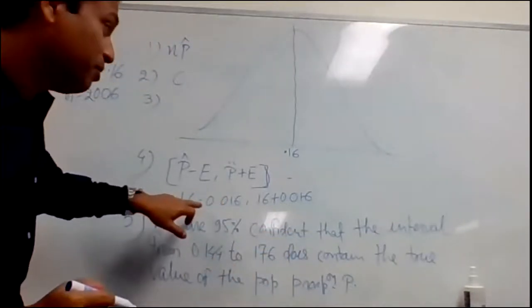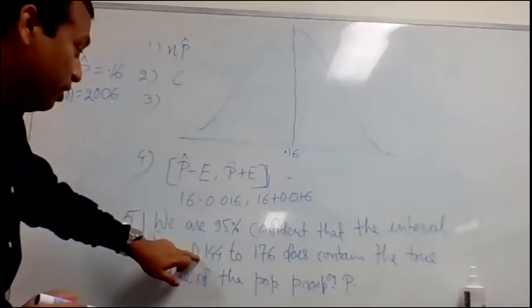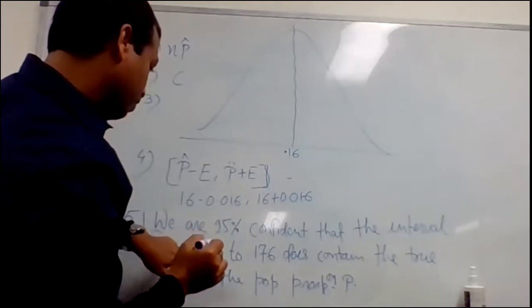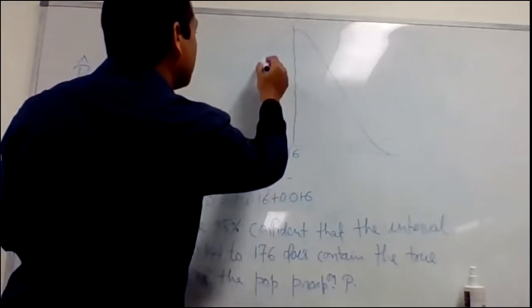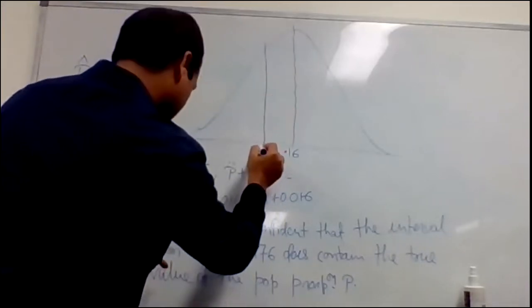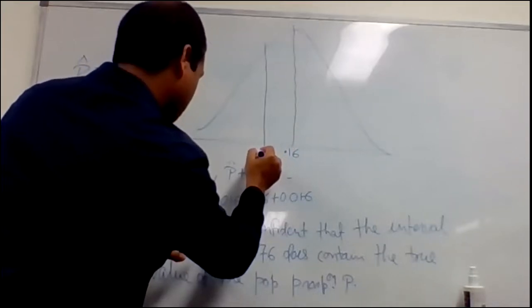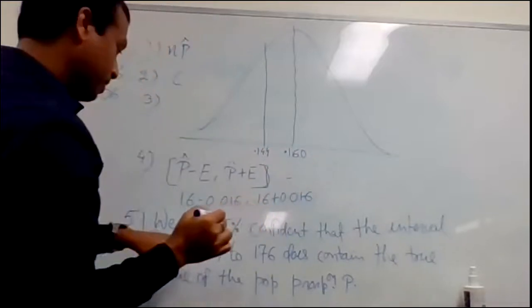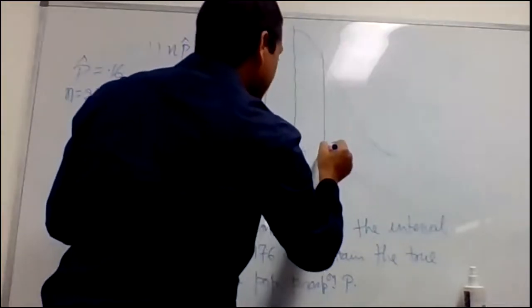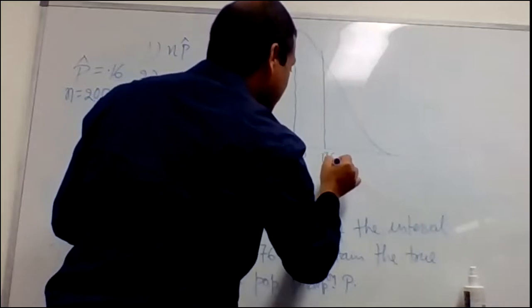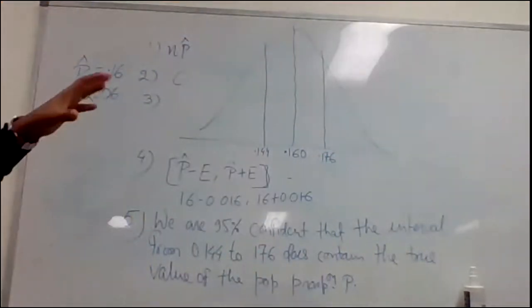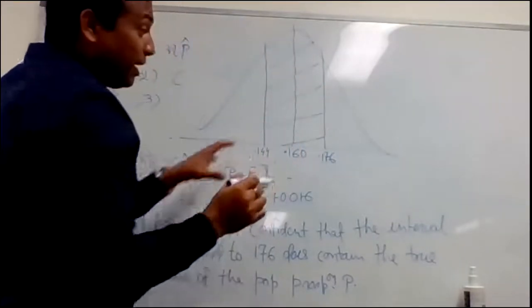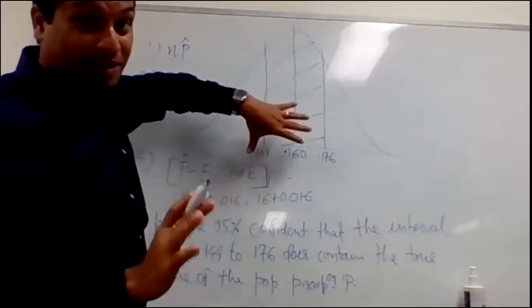That is interesting. Oh, I have delayed. 0.146 to 0.176. So 0.146 is somewhere over here. This is 0.144. This is 0.146. Okay, and this is 0.176. And what we are saying is that we are 95% confident that, see, we have only sample data and we